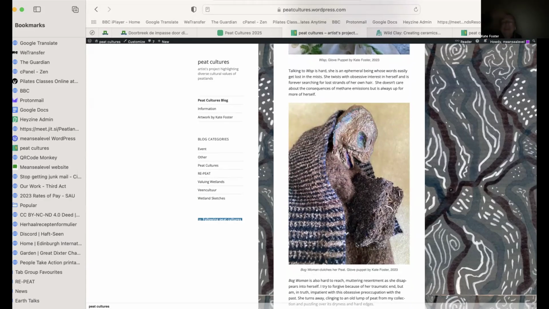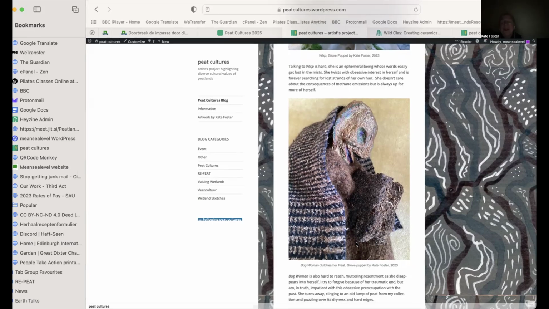I'm finding myself in a stage of having conversations with these puppets and characters and wanting to create an intergenerational conversation through this. I'll be working towards a multimodal conference presentation with two younger researchers, and I'm pretty sure next time we talk I'll be referring to that as well. So I hope that's given you a little idea of some aspects of how I've been using found materials and found objects.